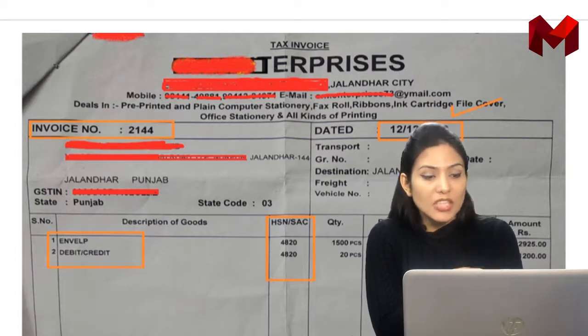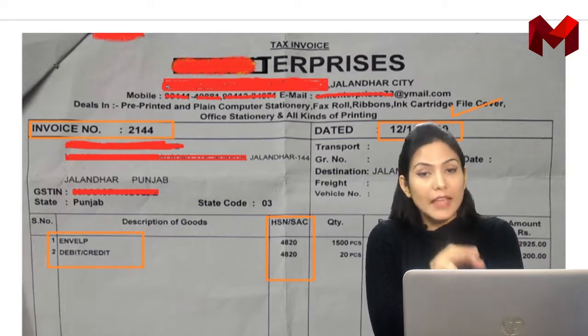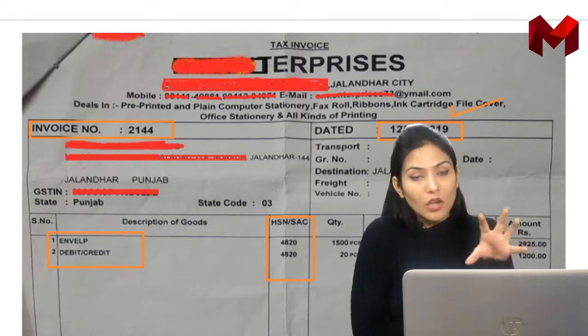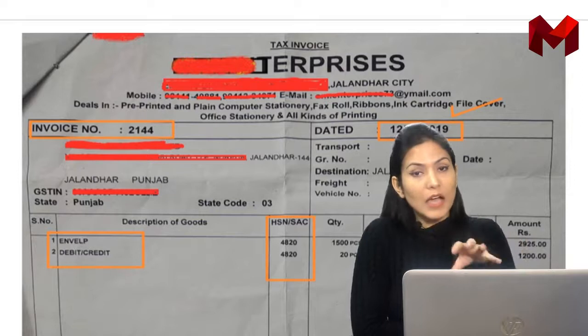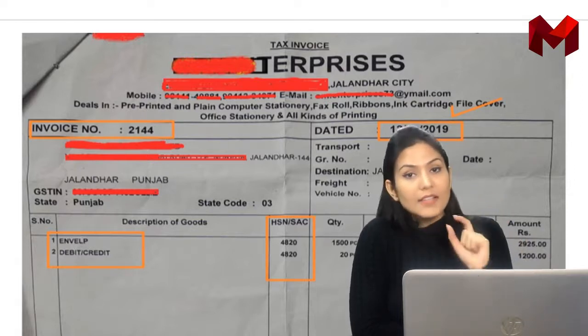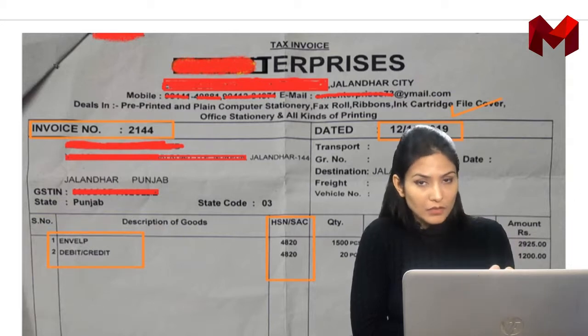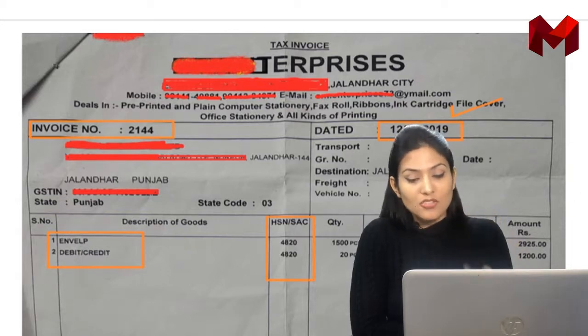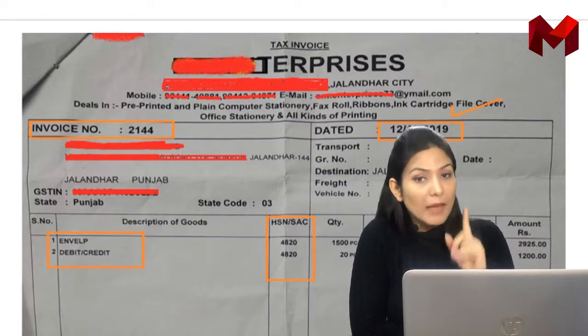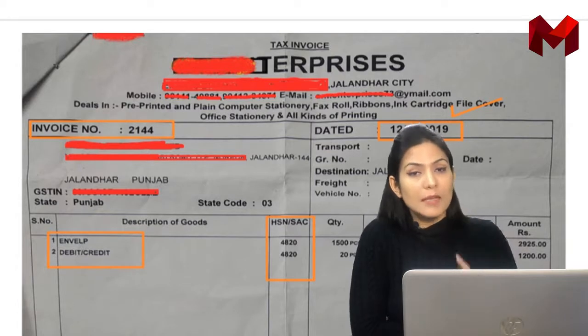We do not have the GST number clearly on the bill, but the indication that this supplier is from our local state is the tax rate applicable on the bill. The tax rate which he mentioned on the bill is half CGST and half SGST, which is a clear indication that this supplier is also from the same state to which we belong.